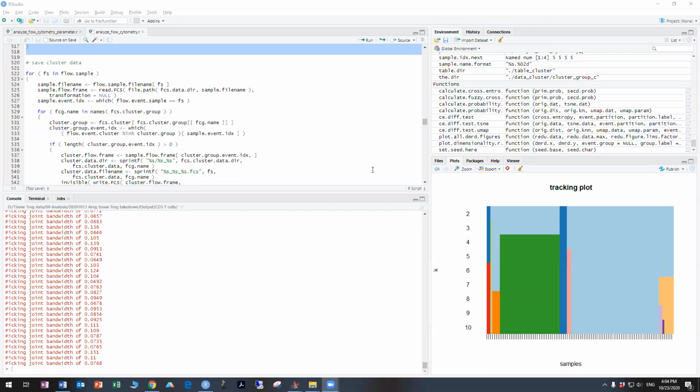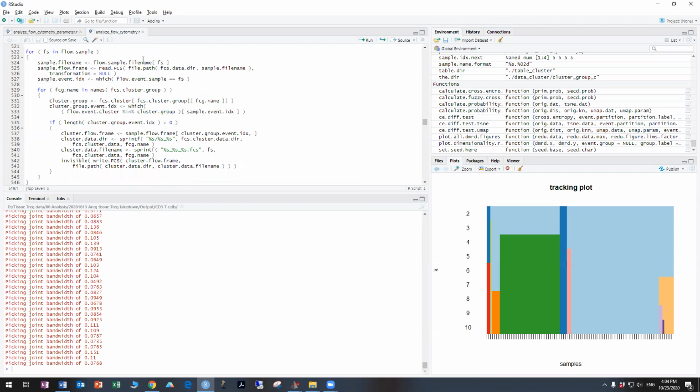Welcome back to part 5. In this section, we're going to go over the tSNE and UMAP plotting of the data. So taking off from the FlowSOM clustering,